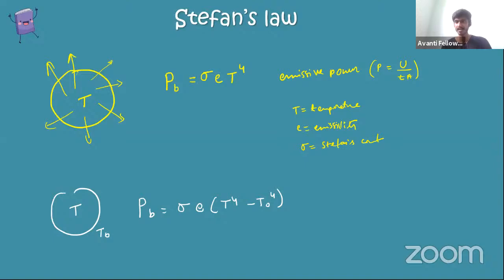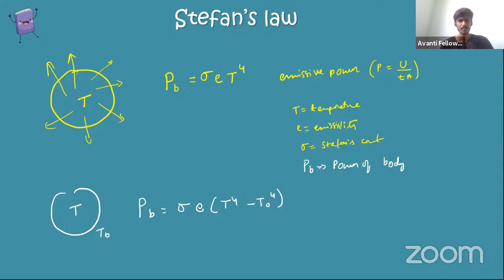Are these two laws clear? So whatever questions you get in Mains, Advanced, or JEE from this concept, it will be almost direct. If you know the formula and you can understand the question, you can answer it very quickly. What is the meaning of PB? Power of a body. How much power is getting emitted by the body is called PB. Is it clear, students?